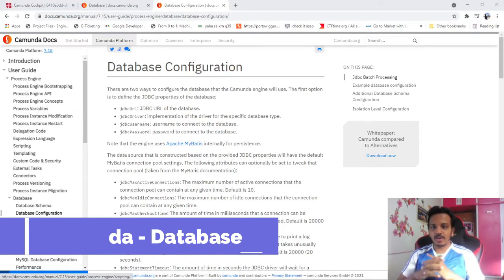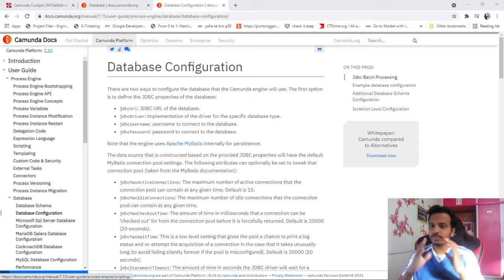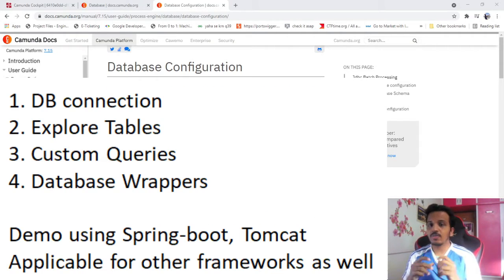So today we are going to cover everything about database. First part will be about how to connect, which will be a small part. Second part we are going to explore the tables, and third part there is one common question that is asked. We are going to cover that. Definitely, if you know how to connect, if you don't know, still by the end of the video everyone will come across something new that you will feel you should have known before.